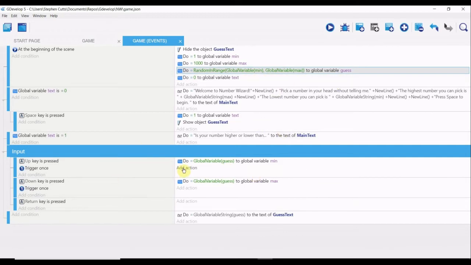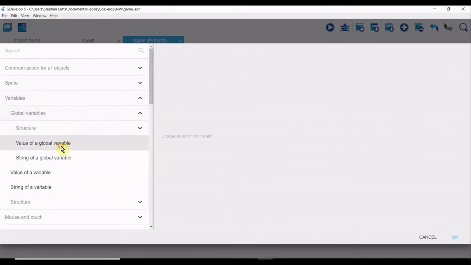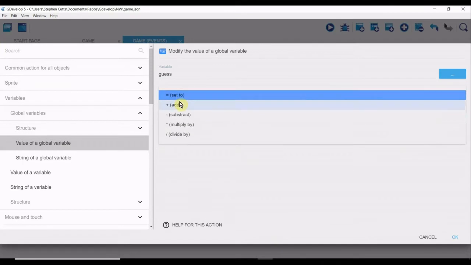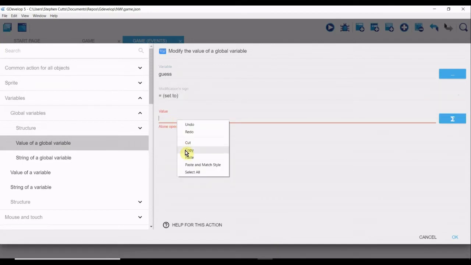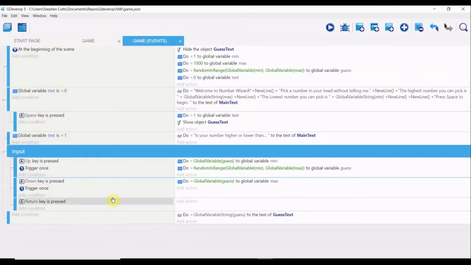So we go add action, and where's, oh, global variable, guess equals, let me paste. Do the same thing for the down key,